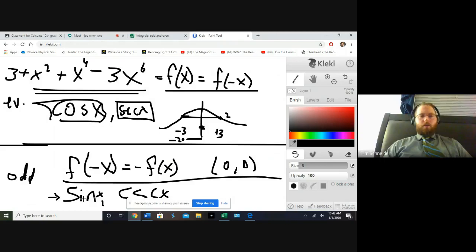That's if it goes through the origin. Cosine does not go through the origin. In fact, cosine of 0 is actually 1, so it doesn't go through the origin. That's how you can tell it's not an even, I'm sorry, not an odd function. Anyway,